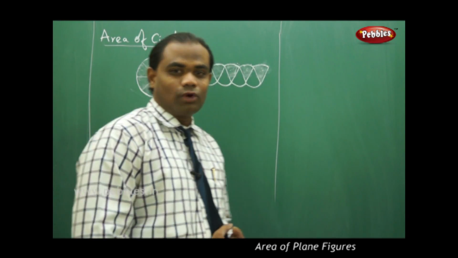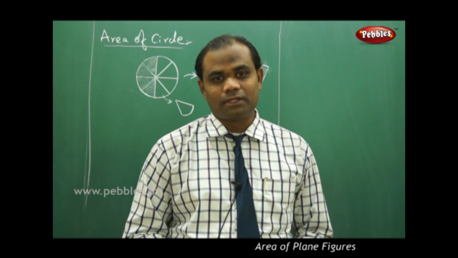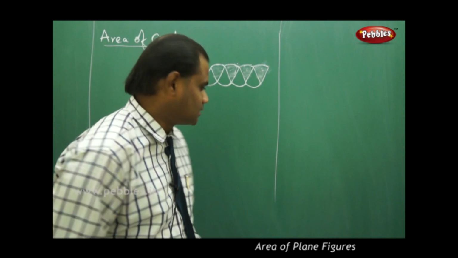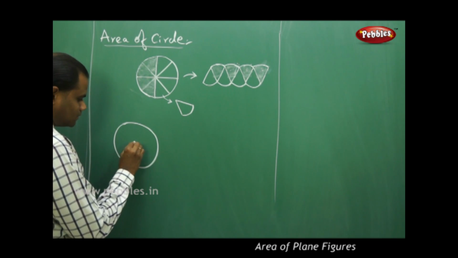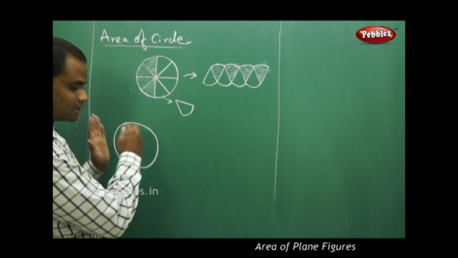Now, we all know what a circle is. We'll just discuss how we derive the area of a circle. But before this, we just randomly discuss what a circle is. We all know that a round shape with center equidistant from each of the points on it is called a